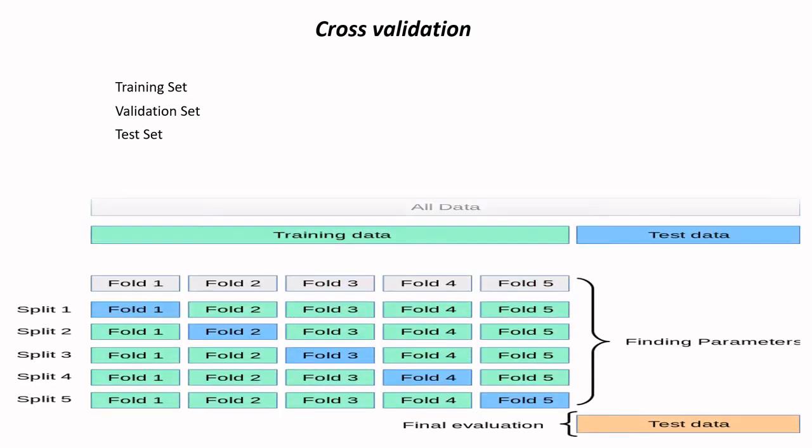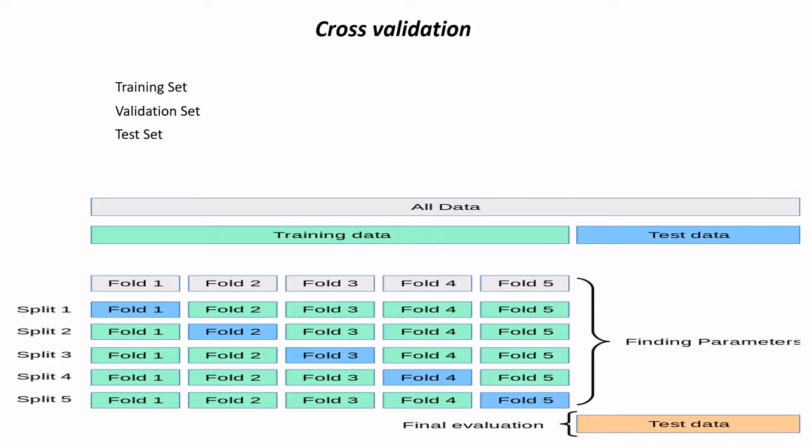Cross-validation allows us to make a robust model by splitting the training data into k subsets. Each subset uses part of its data for training and part of the data for testing. The next subset uses a different split of the training and testing data. As you can see in the picture, each split uses one fold for validating the model and the rest of the folds for training the model. And finally, after completing the training, we'll use test data to evaluate the model on completely unseen data.